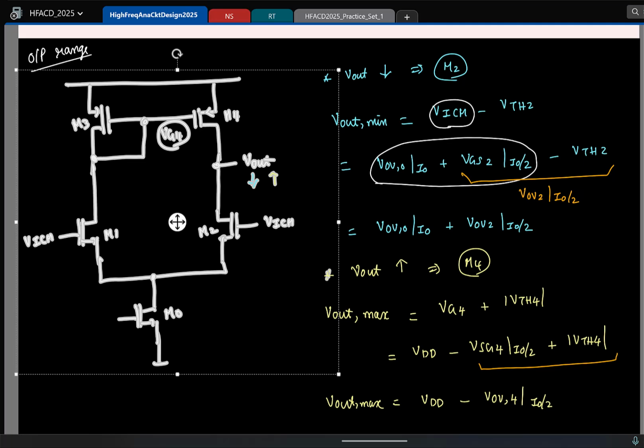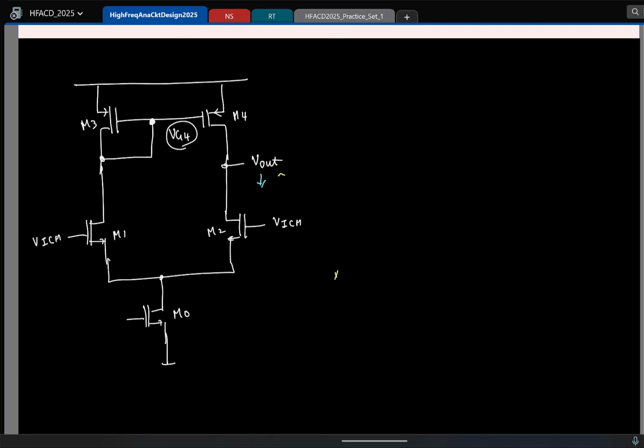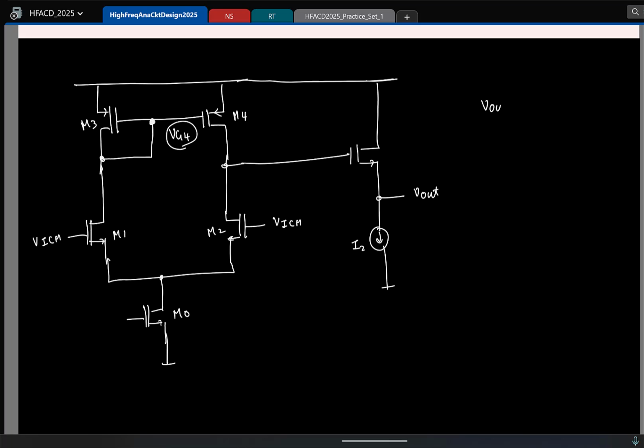So let us say I have this. Now I want to follow it up with a common drain stage. I have this, and let us say I have a current I2 here. So please try to find out what is the maximum and minimum Vout you can have, and the same with VICM. Okay. So take it as an exercise and calculate this. Then you will understand,